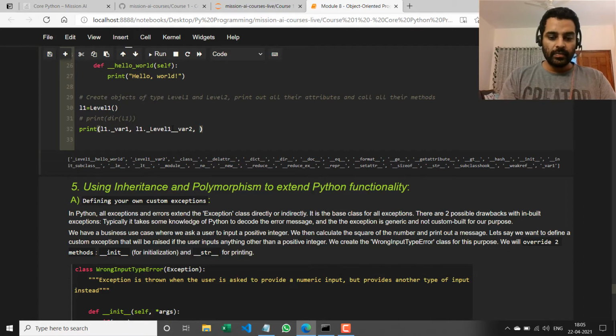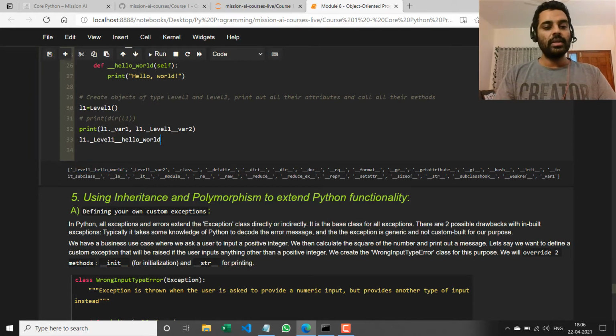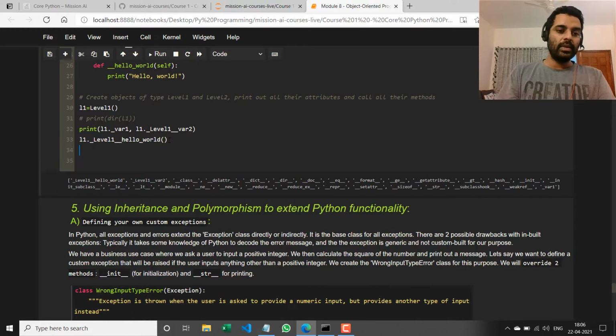And finally, L1 dot, actually no, that's it. And then I'll call the L1 hello world method separately. And now this also has a double underscore, so I need to access it using that special way, which is got from the dir method, right? And it's just a method that doesn't return anything, so I need to execute it.